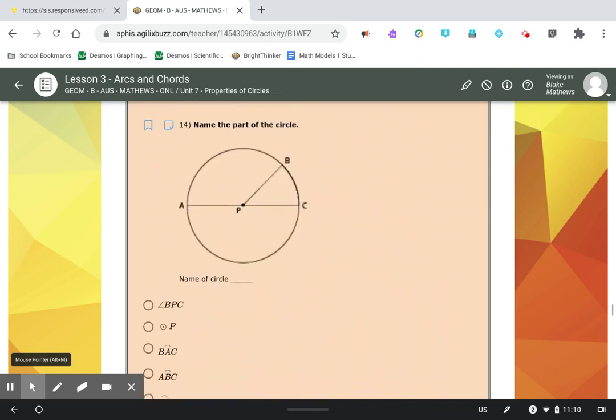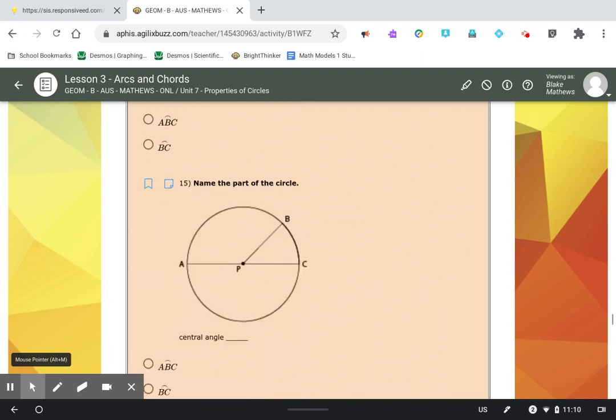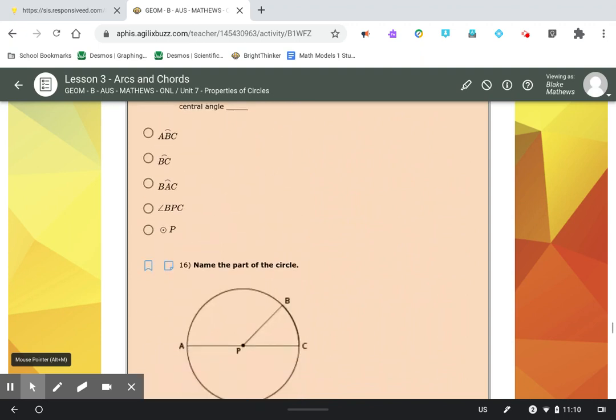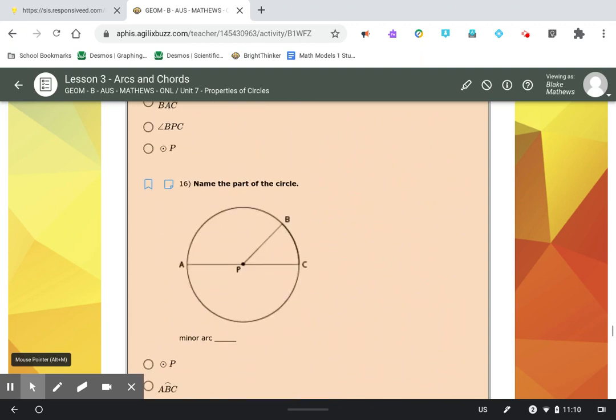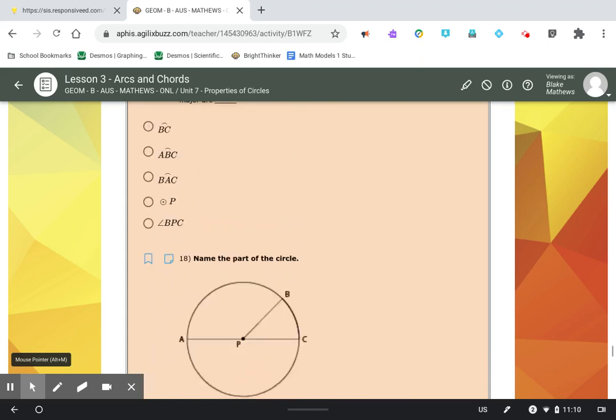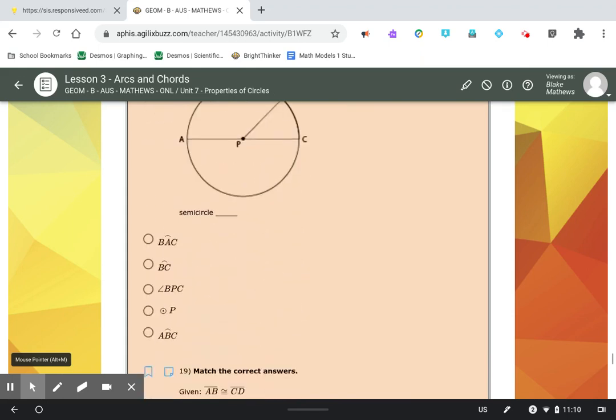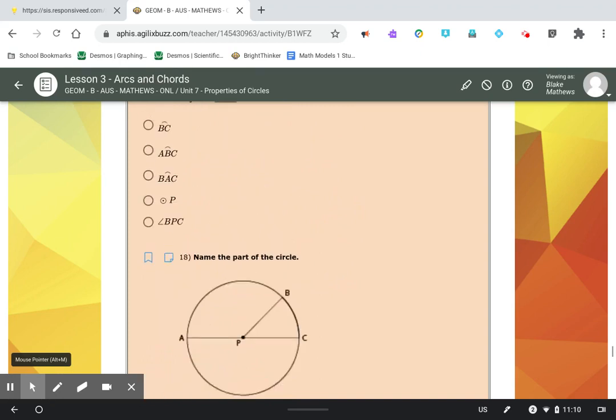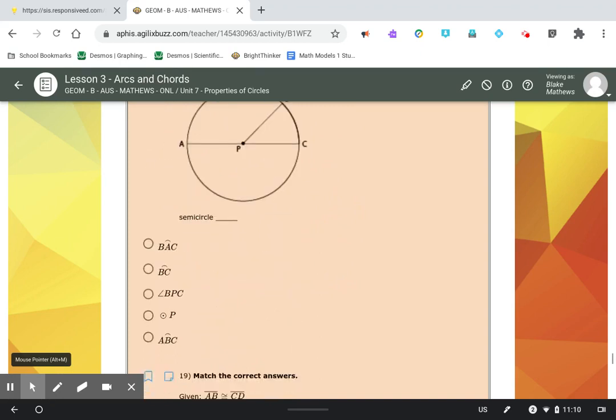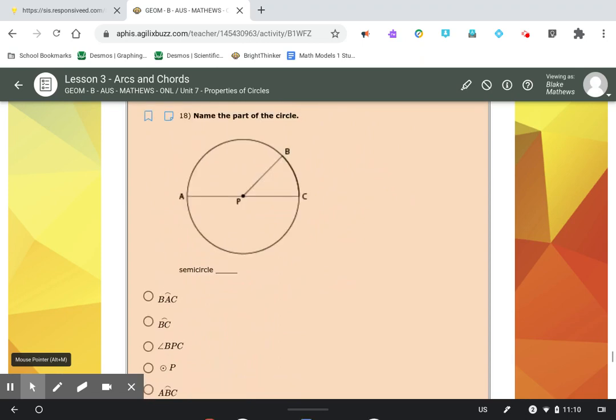Okay, starting at number 14, name the part of the circle. What's the name of the circle? Name a central angle, name a minor arc, name a major arc, and name a semicircle. You should be able to do those. Notice there are 5 answer choices. The answer choices stay the same for each question. 5 answer choices, 5 questions. Don't duplicate any of your answers. Just a reminder,